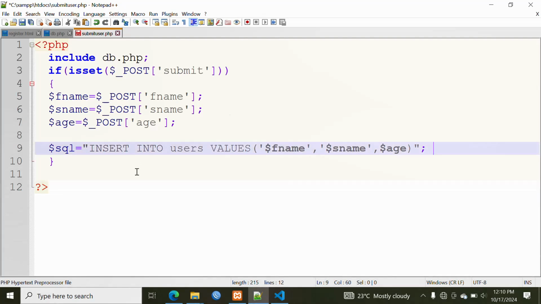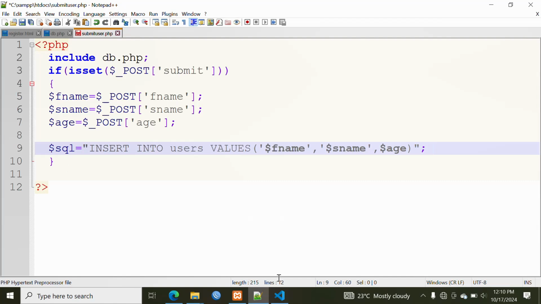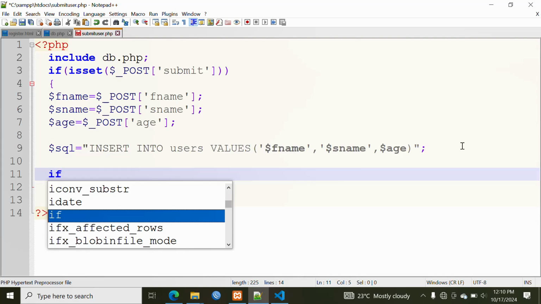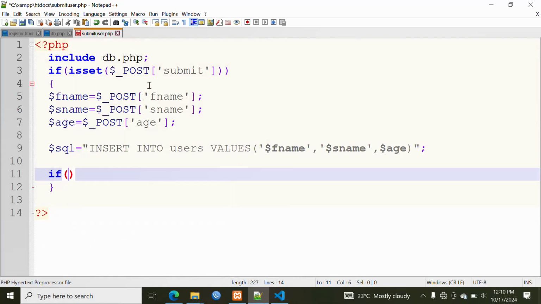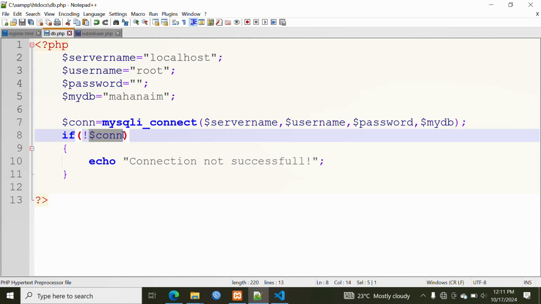Okay. So having an assumption that that statement is right, the next thing that we need to do is, if the connection is successful and the SQL statement has executed successfully, then we are going to say that if the connection that is in db.php, if you come back to db, you realize that we have con. So if this connection is successful,